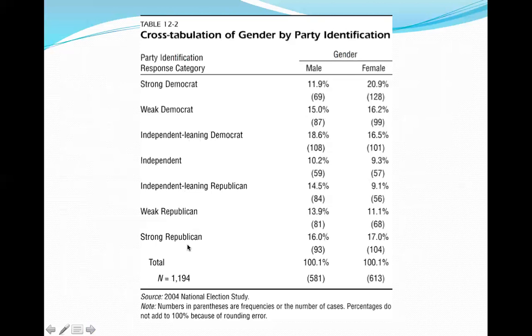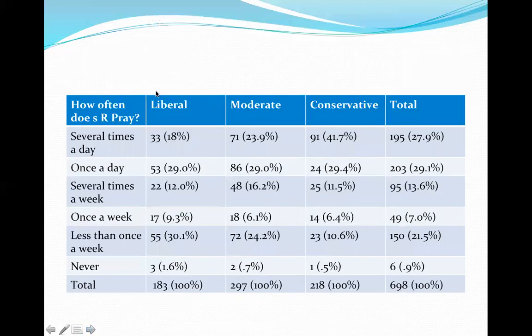So how we would read the cross tabulation is that we could say of the individuals surveyed, 11.9% of men identified as a strong Democrat. 20.9% of females identified as a strong Democrat. And then we would read it the same way all the way down. Just looking at the data, we can begin to think that there might be some sort of relationship going on between gender and partisan identification. So here's just another example